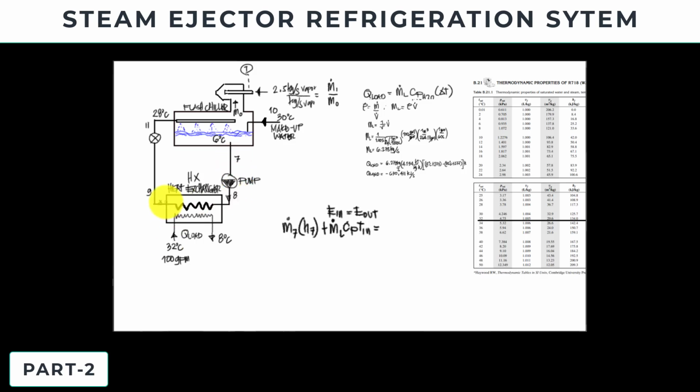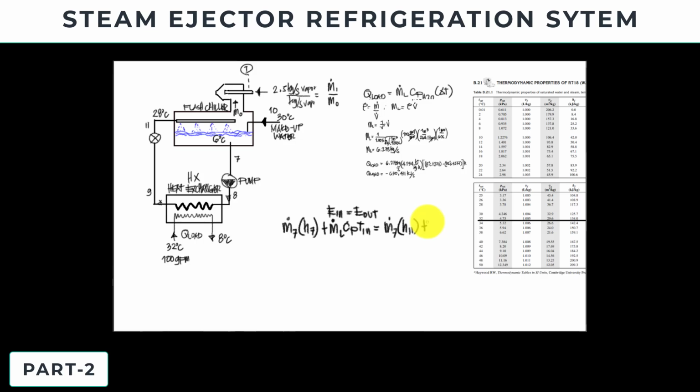Now leaving, we have the mass flow rate at 9. Usually the mass flow rates at 9, 7 and 8 are equal. Since we don't have any exit point here, just entering and leaving on one port, we can say that our mass flow rate at 9 is equal to the mass flow rate at 7. Then multiply this by the enthalpy which is leaving. You will notice here we have a leaving temperature after the expansion valve, or let's say this may be a gate valve, with a value of 28 degrees Celsius. So I'm going to write here enthalpy 11.